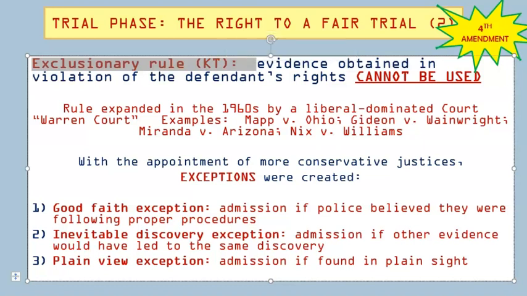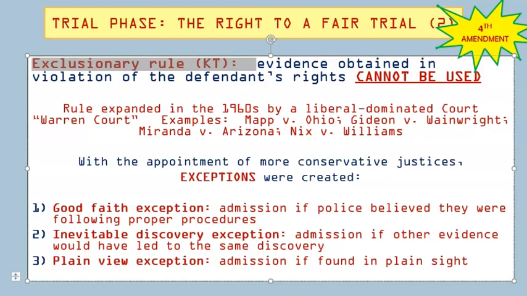So we talked about Ms. Delray Mapp and them finding the pornographic evidence, and then that evidence being excluded from the trial that she was having. And it says examples of where the rules were expanded in the 60s include Mapp versus Ohio, Gideon versus Wainwright, Miranda versus Arizona,